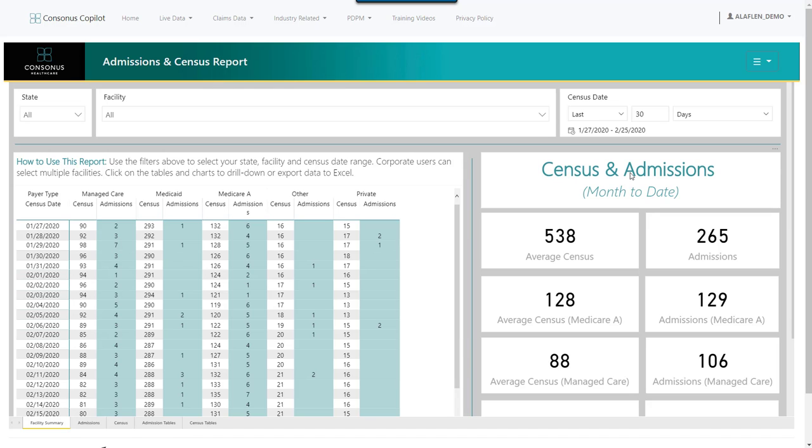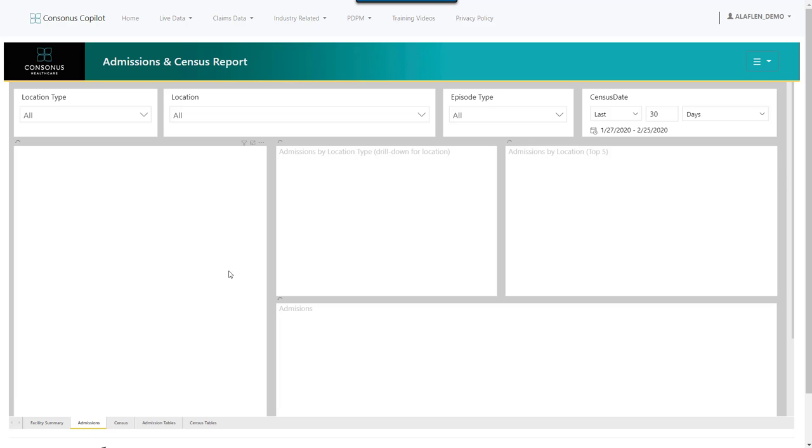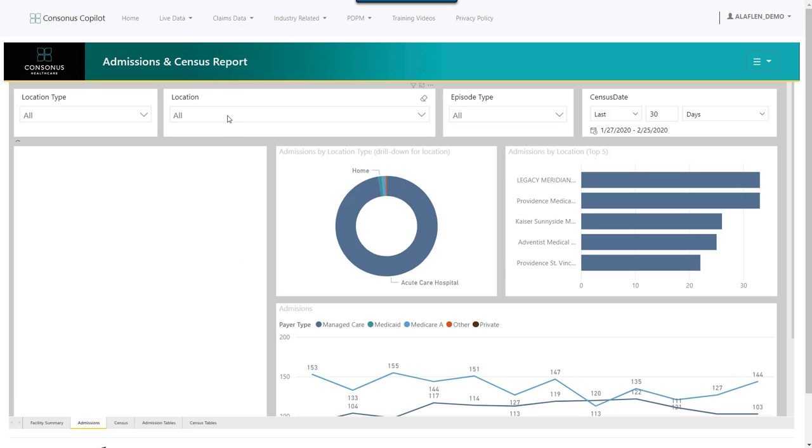Off to the right, you have a census and admissions tile that will give you month-to-date data in terms of overall average census, number of admissions, average census for Med A, admissions for Med A, same for managed care and for Medicaid. On the bottom, the user can move to additional data tables where you can filter the information by